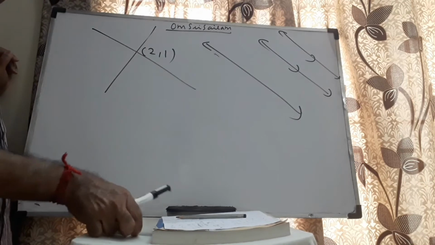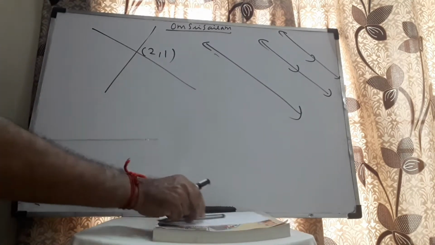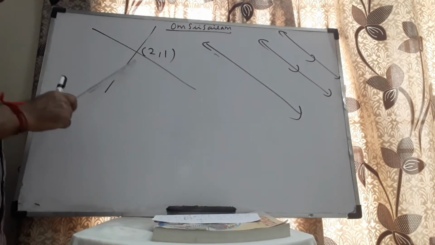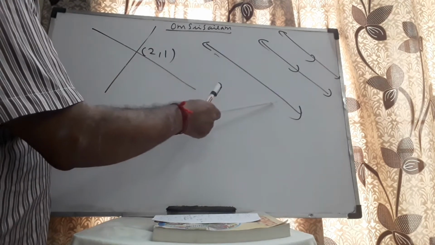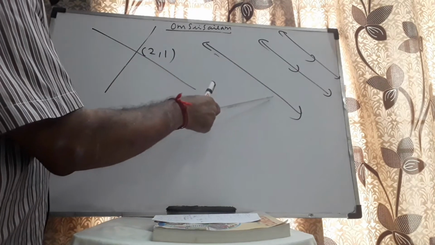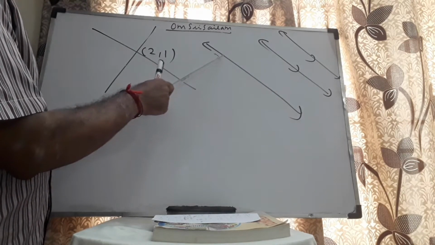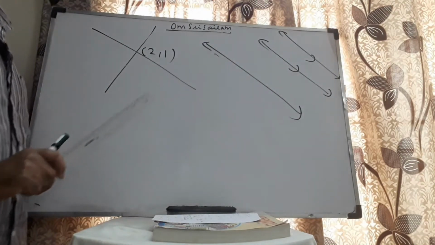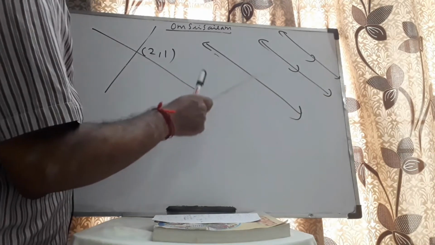I repeat, if they both intersect at a particular point, the point of intersection, the x coordinate will give the corresponding x value, the y coordinate will give the corresponding y value. Here, there is a unique solution. If both the lines represent the same straight line as drawn over here, each and every point of the line will satisfy both the equations simultaneously. Therefore, there are infinitely many solutions for the given system of equations. If both the lines are parallel, they will never intersect at all. Therefore, there is no solution for the given system of equations.